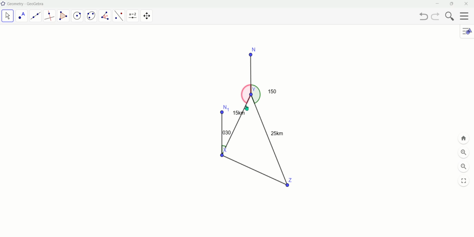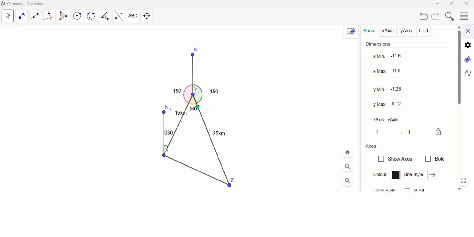Okay, so 150 degrees. And then we can just go angles around the point to find this included angle here so that we can use the cosine rule to find xz. So if you say 360 degrees minus the 150 over here, minus the 150 over here, this would give you 60 degrees for angle xyz. And then we're just going to use our cosine rule or identity, which is y squared equals x squared plus z squared minus 2xz cos of y. And then you would get the answer of 22 kilometers, if I'm correct.